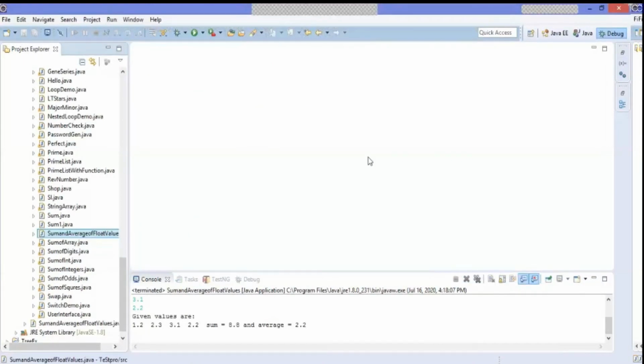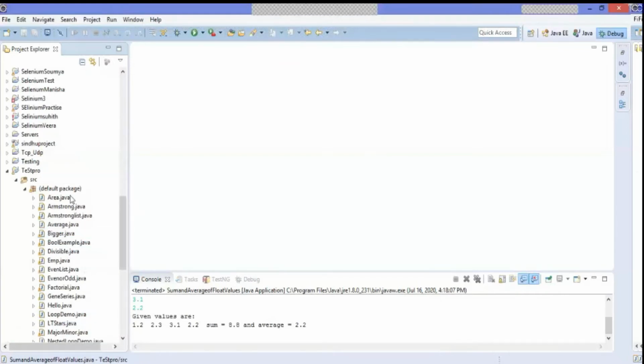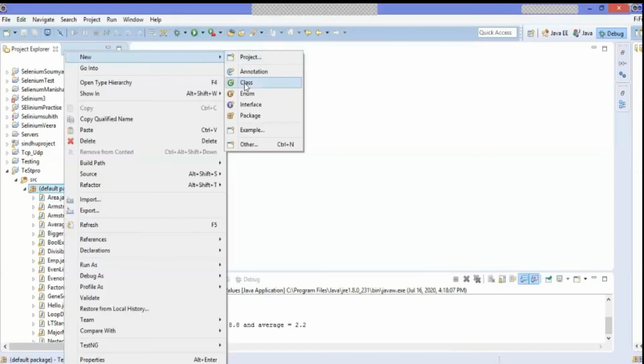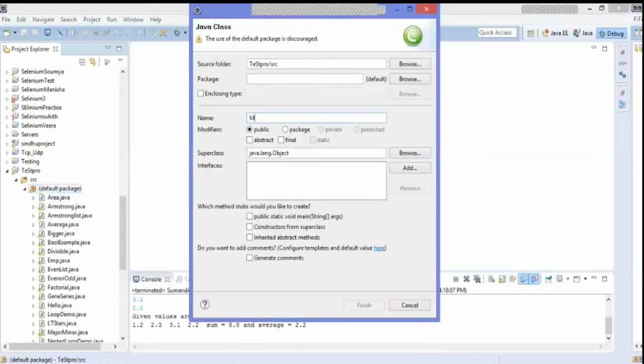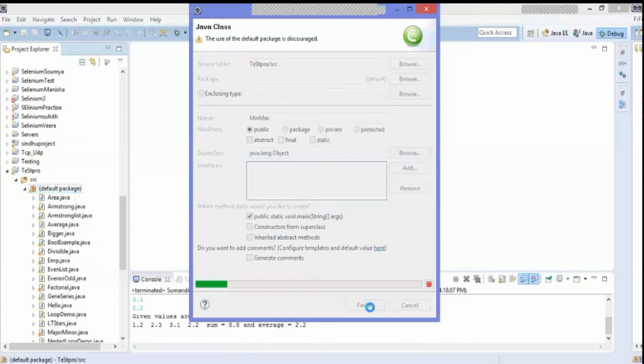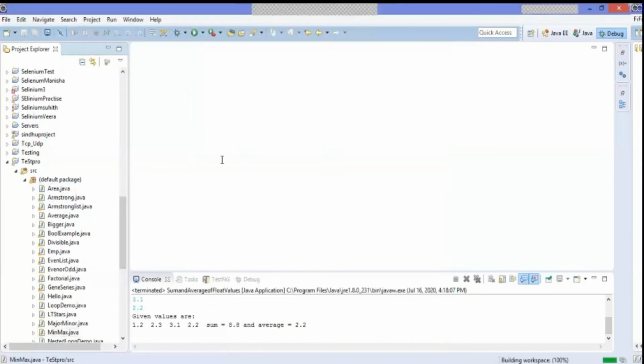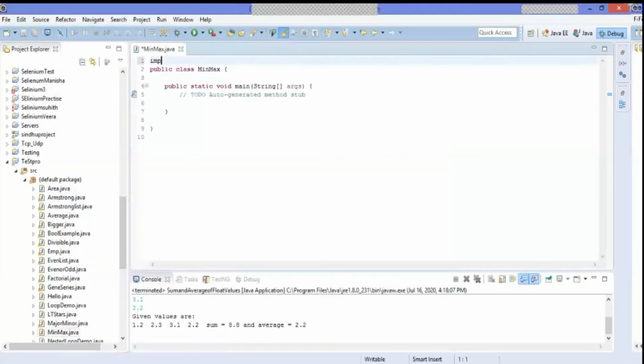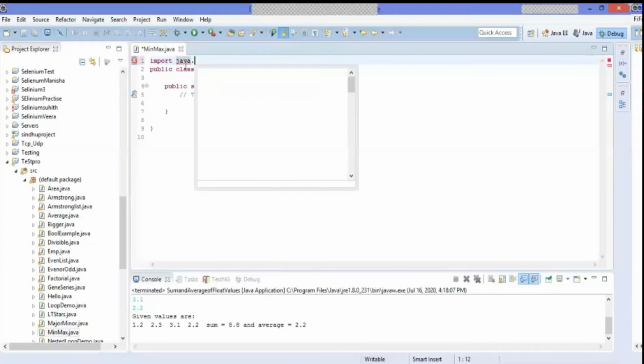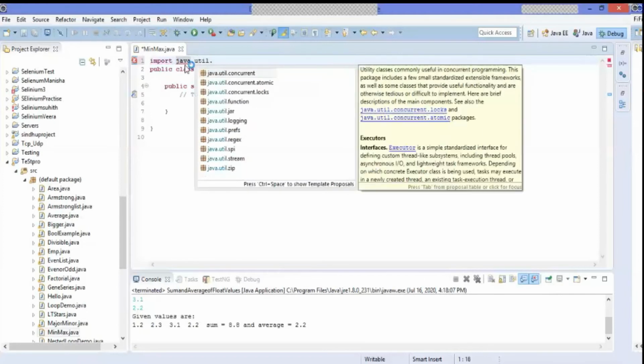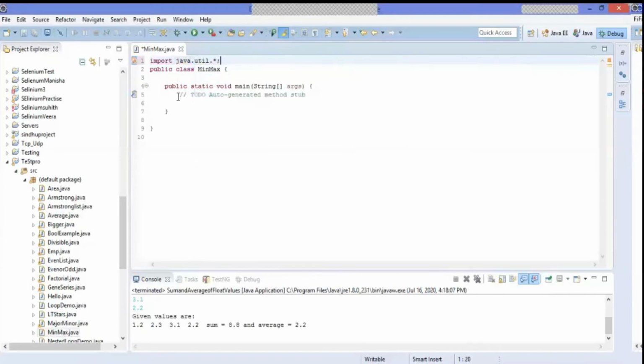So see here, now we are going for the second example. So that is the minimum value and maximum value out of the array. Okay, so how to create the minimum and maximum, we'll see now. So now a new class, MinMax, I'm defining as a class, public static void main, and here again the same process, import java.util.*,